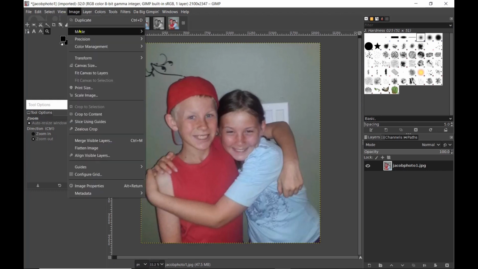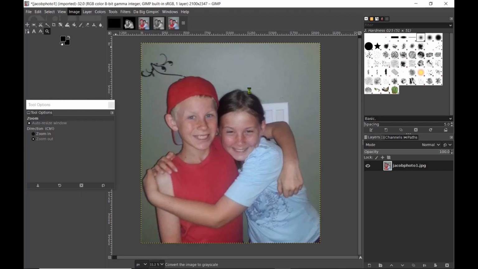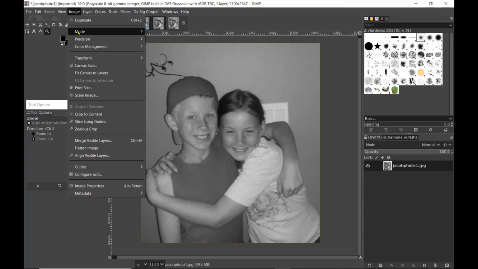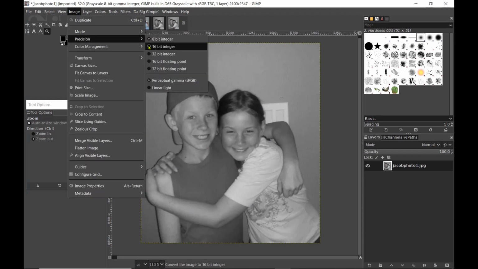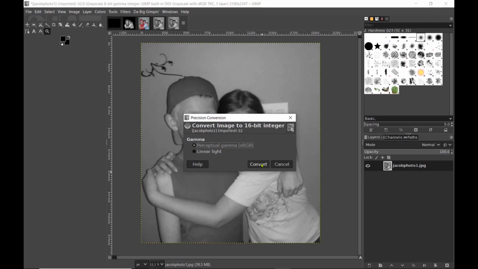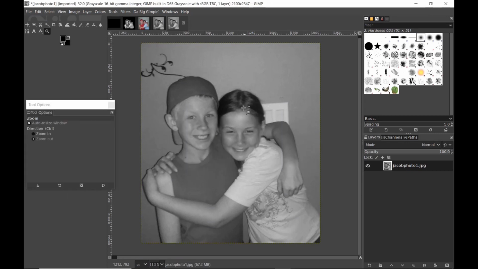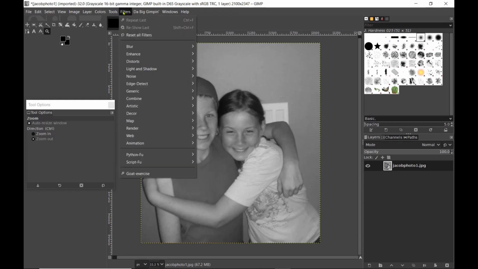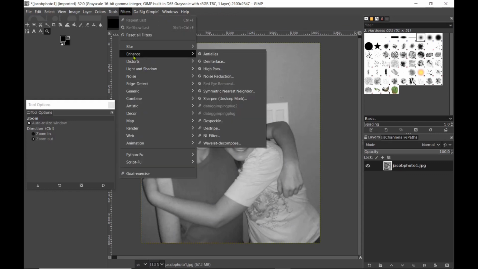And now I'm going to go into my mode. I'm going to switch it to grayscale. I'm also going into my mode for my precision, and I'm going to change that to 16-bit before I do any editing because I want it to pick up all the detail that it can. So now I can go into enhance,